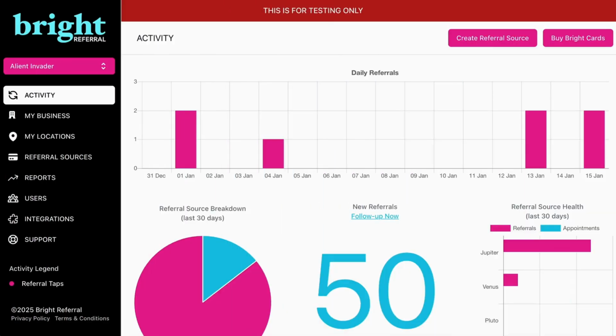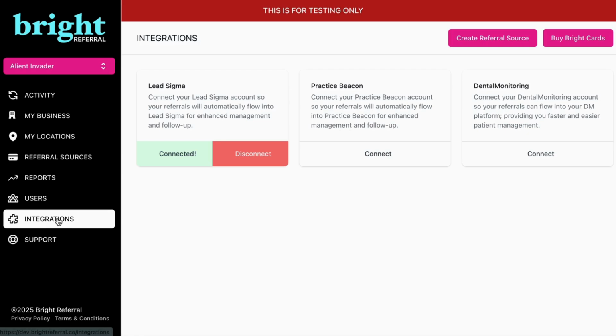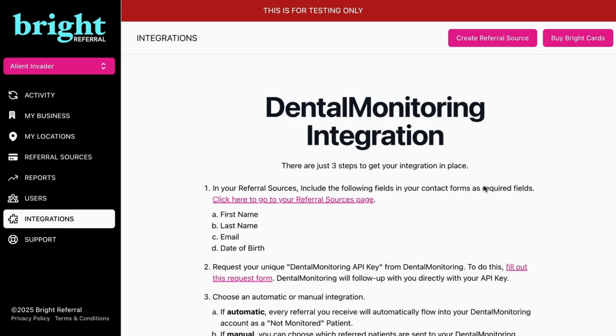that dental monitoring is live and it is ready to get used. And it is so easy to set up. All you need to do is go over to the Integrations tab, click on Connect, and there are 3 steps